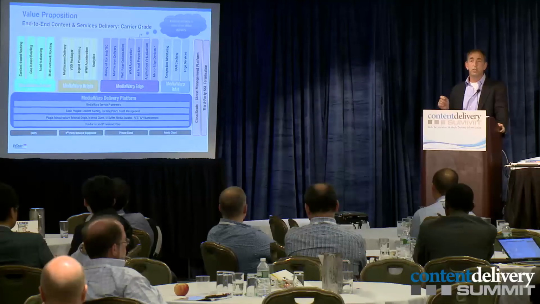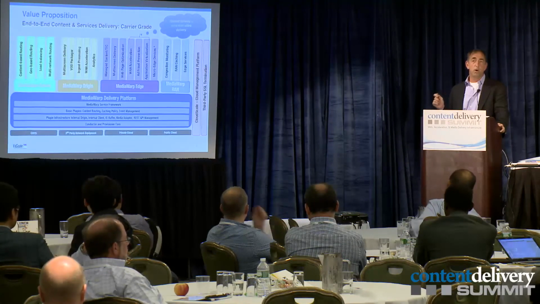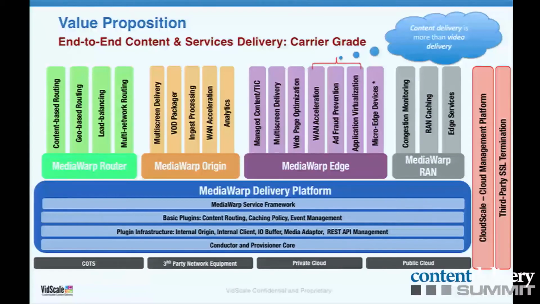So once you have your CDN, the question is, so how do you make money, right? Because ultimately, that's what we all care about. So if you go back a couple slides to these services, if you look in the purple, what you can then do is go to our edge nodes, and you can put all those services across that virtualized CDN. So if you think about the market today, a lot of the packaging, a lot of the ad insertion, a lot of things take place at the origin. But as you go to 4K and as you go to different models that are coming into play, you need to move those services from the origin to the edge to the micro edge, right? And so that's what you can do with our solution. You can move it from the end-to-end solution.